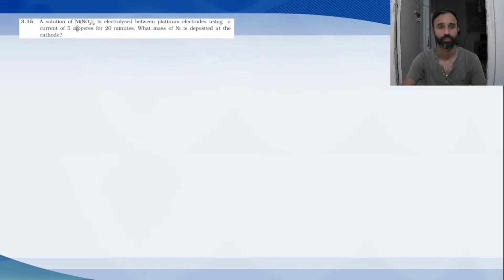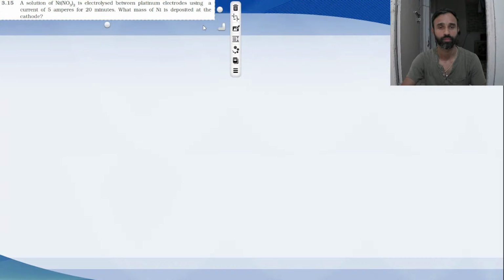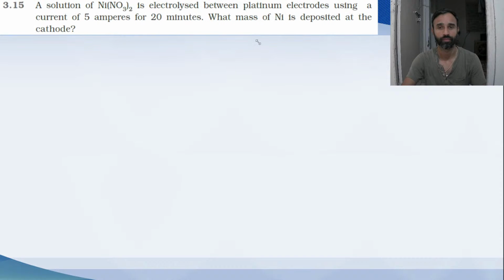Now 15. A solution of nickel nitrate is electrolyzed between platinum electrodes using a current of 5 amperes for 20 minutes. What mass of nickel is deposited at the cathode? This is the question. To solve it, we use